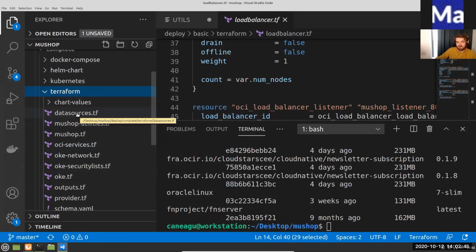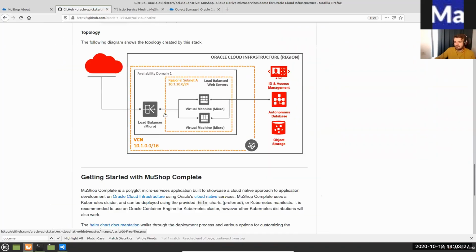And this is because using this one, you can end up with the entire cluster and everything, the entire mushop being provisioned automatically. Seriously, it's very easy to do. You just check the documentation, follow the steps, configure the prerequisites, and using this Terraform script, you can basically deploy everything with a single command, terraform apply, and everything is going to be handled for you. So basically, this is the highest level of automation we came up with when creating mushop. And if you are a really experienced user, you can check this out to get acquainted with this high level of automation. But you can take it also one by one.